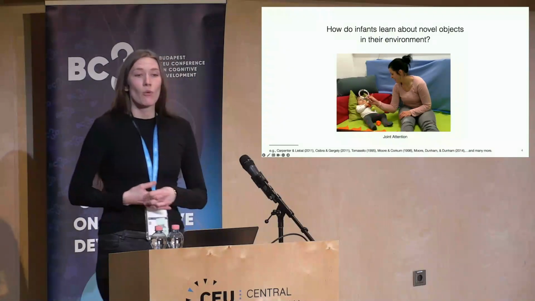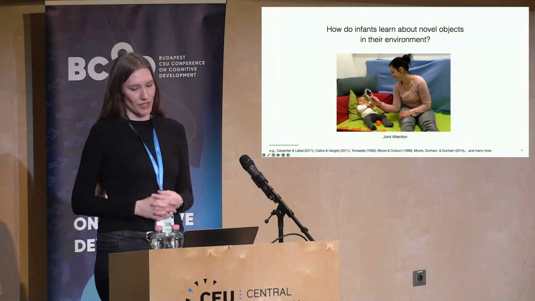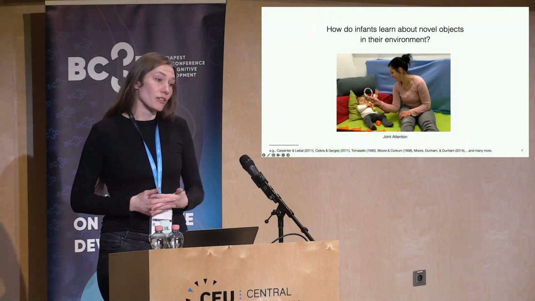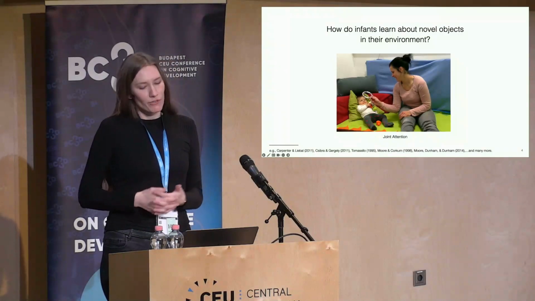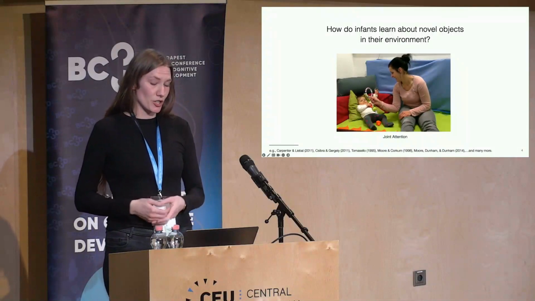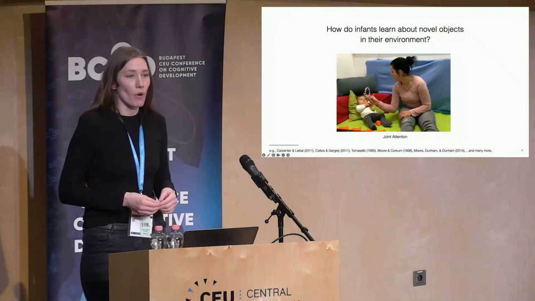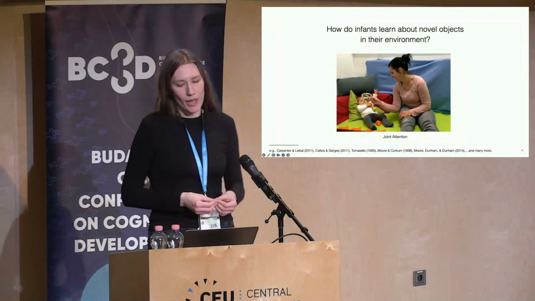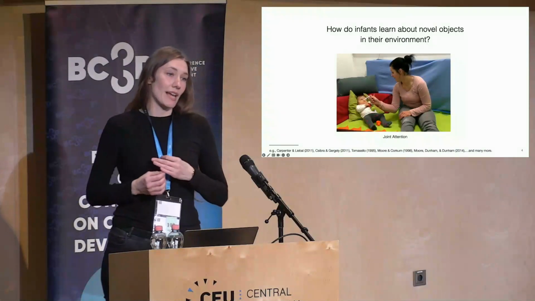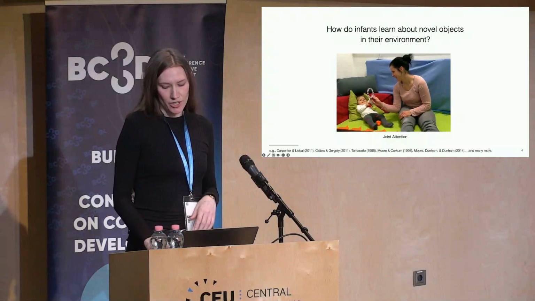However, most previous studies have focused on a very specific joint attention situation, and I will refer to this view as the traditional view in the following. My motivation for today is to talk about ways to broaden this long-dominant traditional view. I will do so by presenting a study that contributes to a growing body of literature suggesting that the way we have looked at joint attention for a long time is very specific and tends to underestimate the richness and the actual diversity of infant social interaction and learning.